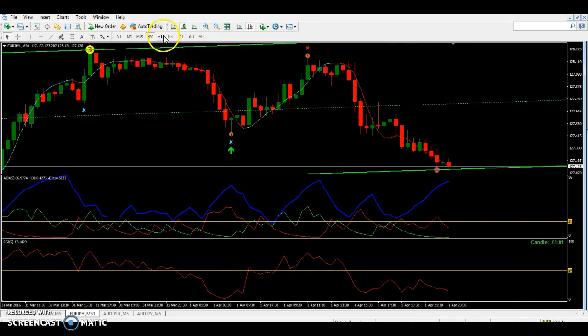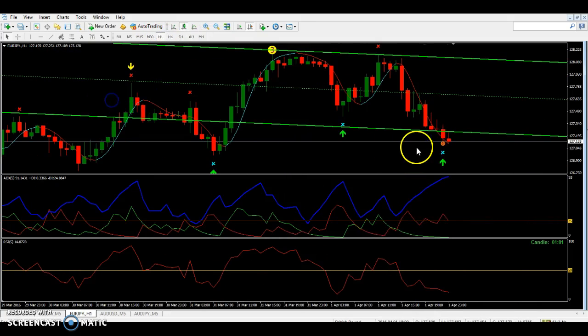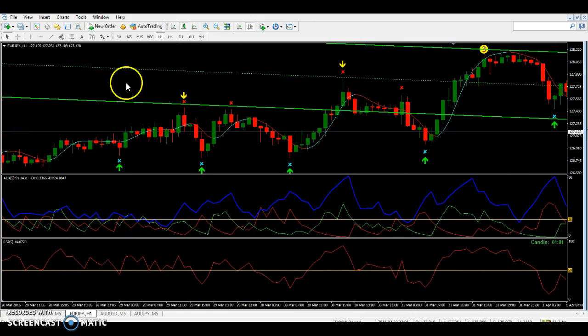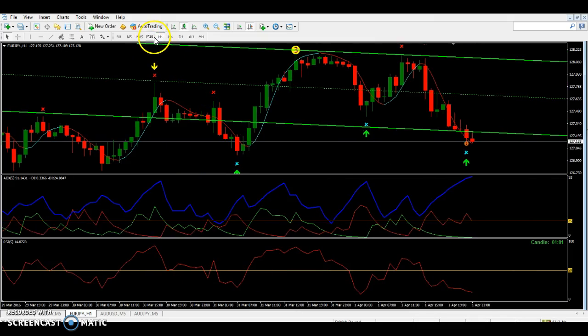But if you're trading off of the 30-minute or higher, well, I'll say the hour chart or higher, and you have pretty much a 2 or a 3. A 1 is okay, I guess. You just want to use a higher time frame. But say for example, you have